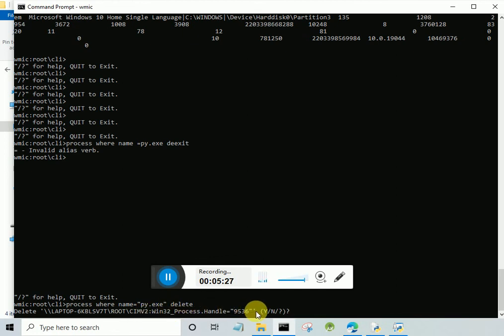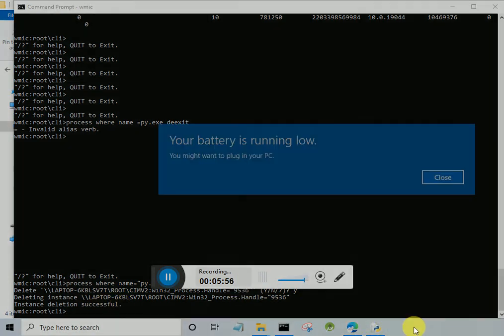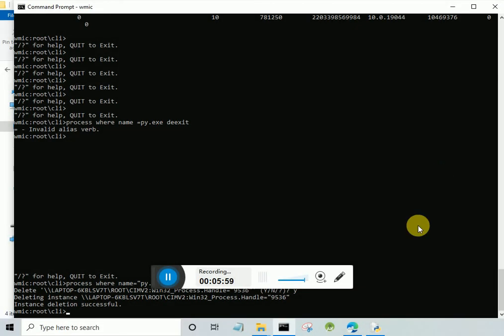Okay, now this will ask for yes or no. Okay, in my case I'm handling 9536, this process running in background. Now I want to delete it, just type yes, then hit enter. Then you can see instance deletion successful, and you can see here no program is executing in background.